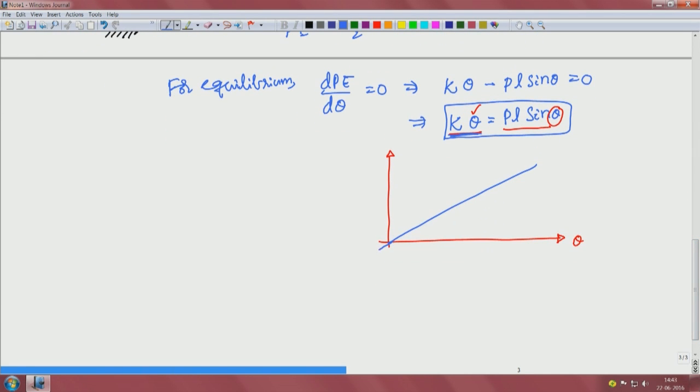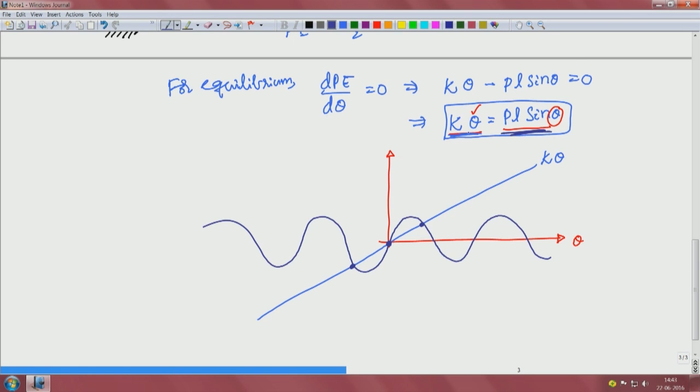Okay. I can do both sides if I need to, right. This is kappa theta. Now, let us also do, say in green color, P L sin theta. It is a regular sin theta over this color, and the other side also. Now, where they all cross, obviously this point and this point and this point, we have 3 solutions here,